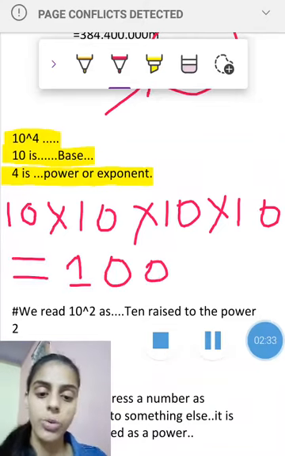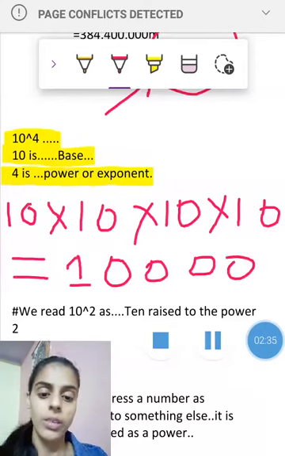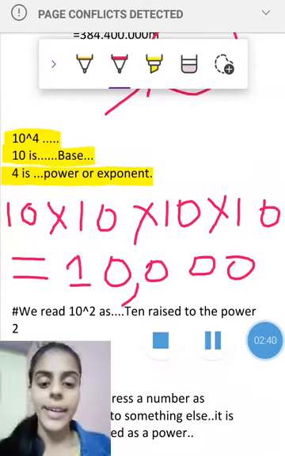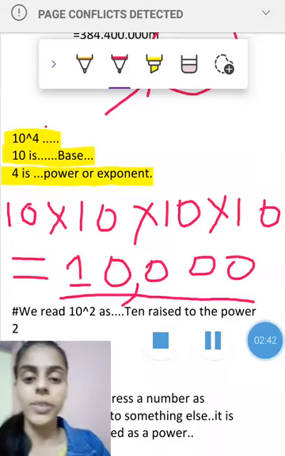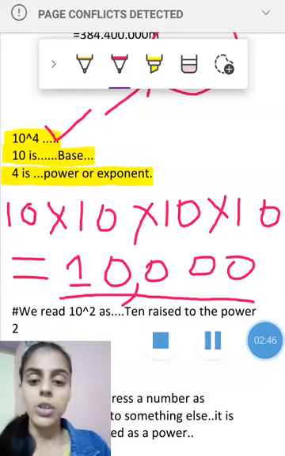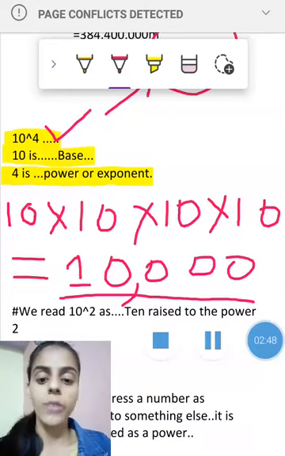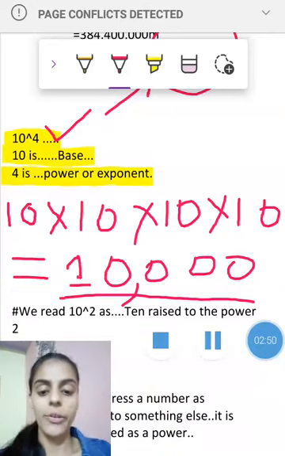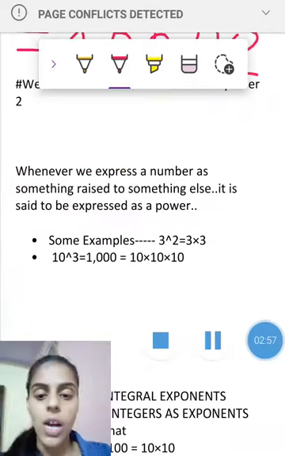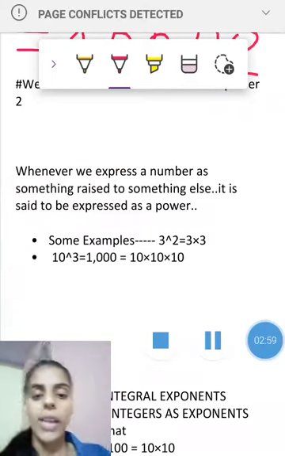1 2 3 4. So what do we get? We get 10,000. It is an open form of this exponential form. This is called an exponential form and this is the open form of it. So you have got a basic idea about it, I guess. It's a simple one. So now I am going to tell you a simpler